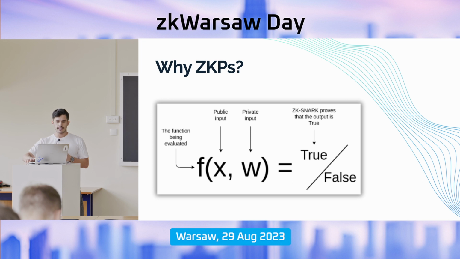airtight. So here's the basic formula of how SNARKs tend to work: function being evaluated, public input, private input, and we get